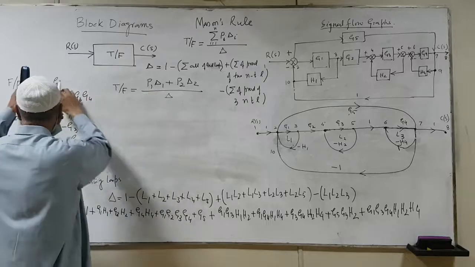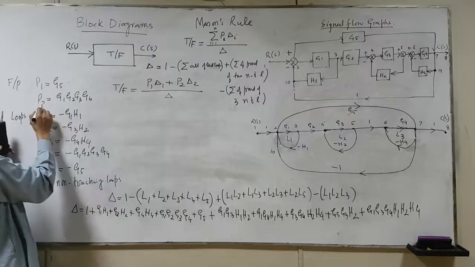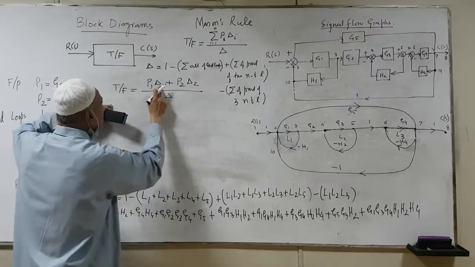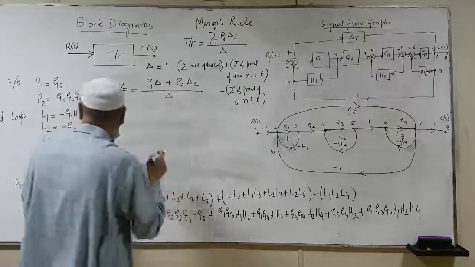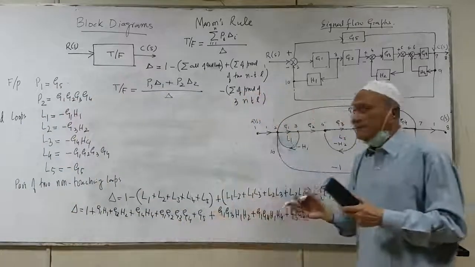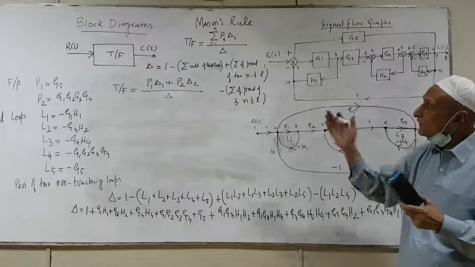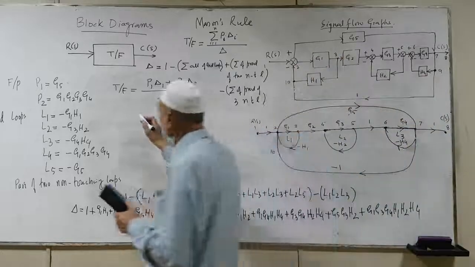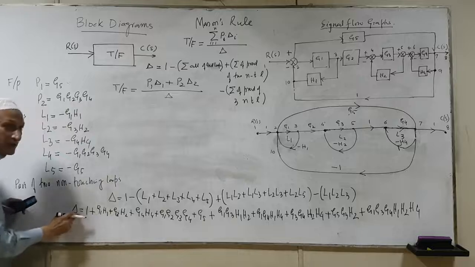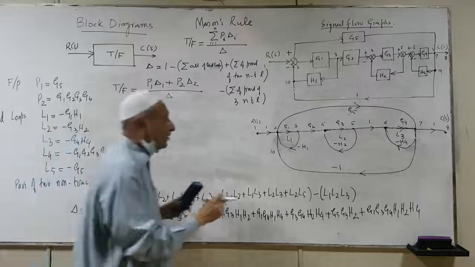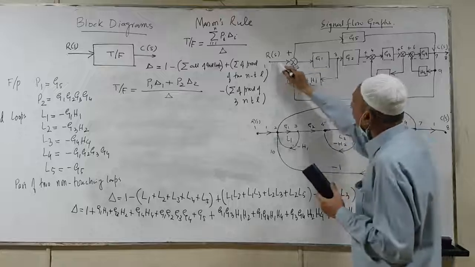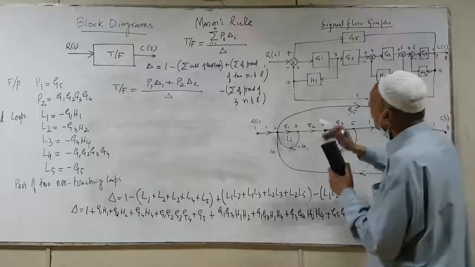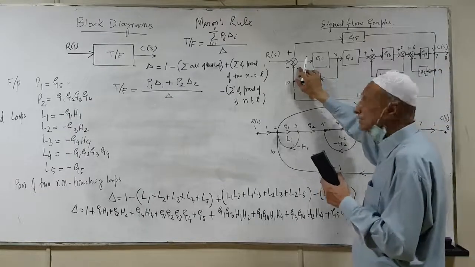Now, we know P1 and P2. Sorry, this is P2. I'm sorry, I made this one as P1. This is P2. So delta 1 is actually the cofactor of the forward path P1. Now the forward path consists of only G5. Now how do we get delta 1 actually? Delta 1 is to be obtained from this delta. Now how is this obtained? Now remember, look at the forward path. Now if you, for example, consider all those nodes which are supposed to be in